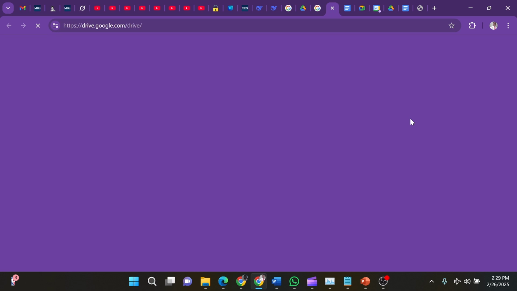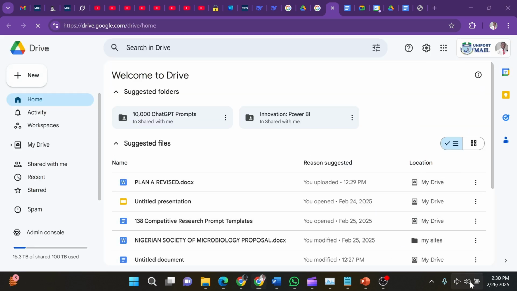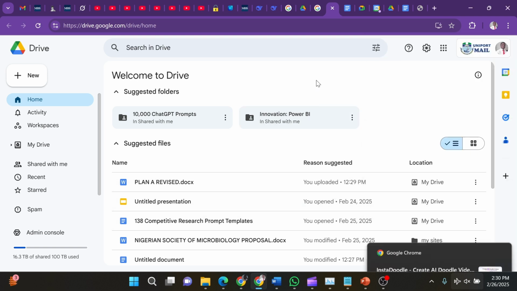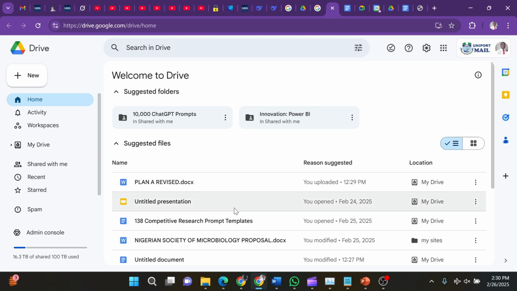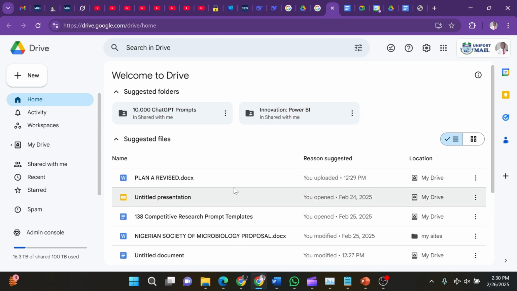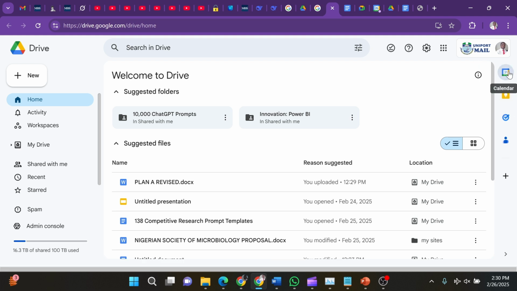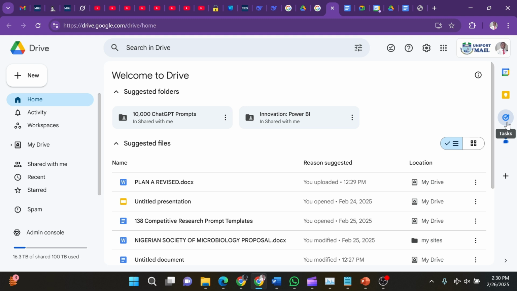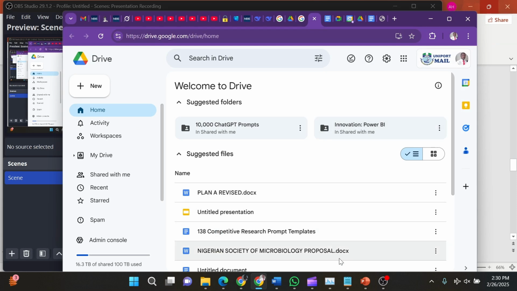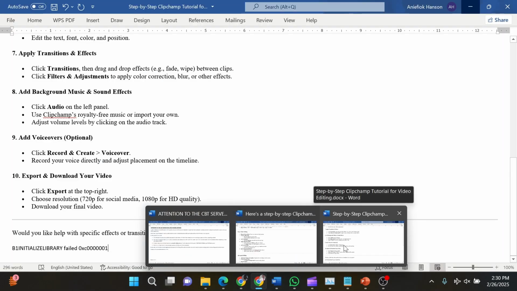This is Google Drive. In this Google Drive, you can see my documents. You can see all the documents I have inside Google Drive. Here is the left panel and here is the right panel where you have the calendar, the tasks, where you can plan, and the contacts, where you can send documents to contacts. You can also drag your documents into the Google Drive. For instance, you can drag documents from your desktop to Google Drive. If this is your desktop, you can bring this item